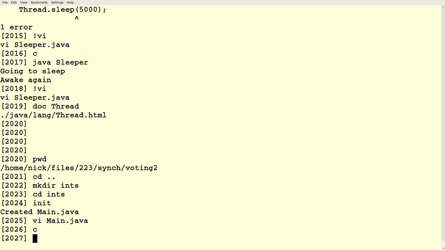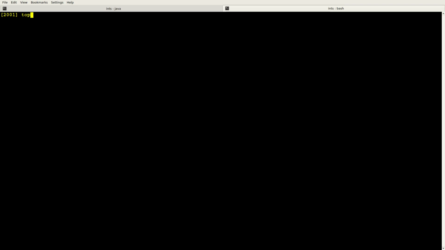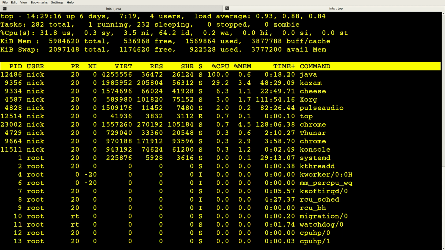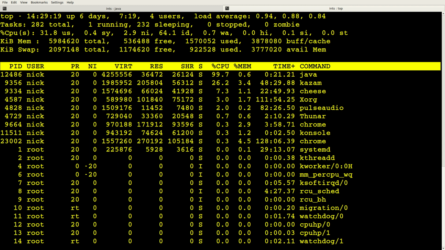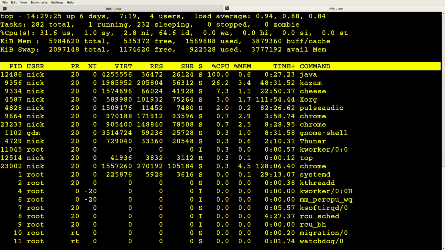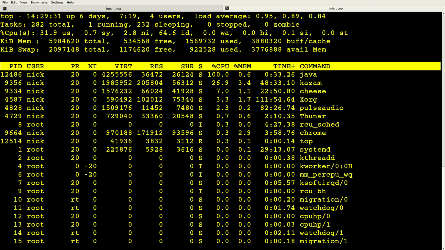Hey, that's scary. Alright, thread is running, hit enter to interrupt thread. So that thing's in a while loop, where it's looking to see if it's interrupted. I could be sleeping every second if I didn't want to be totally CPU bound. But right now I got Java running, it's taking 107.7% of my CPU. And it's not doing anything, right? Waiting for me to hit enter is not doing anything. But that while loop is totally CPU bound. So maybe that's a problem, maybe it's not.